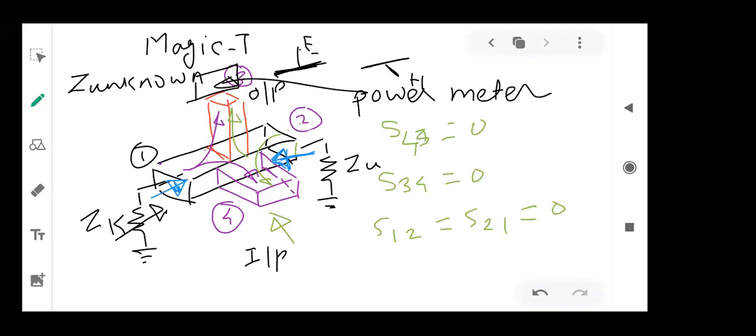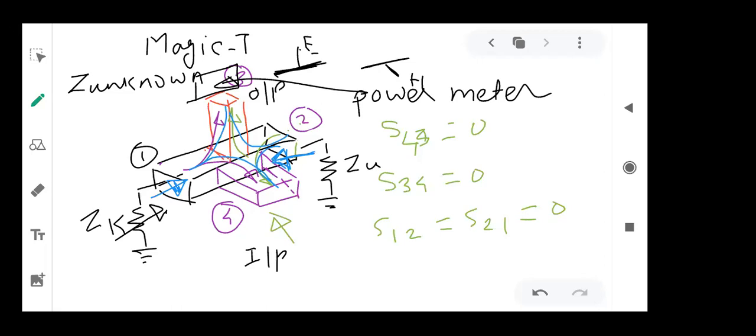Once again, port number 1 for the reflected signal will behave like an input port. So that signal will get divided equally between port number 3 and port number 4. Similarly, from this side, port number 3 and port number 4. So you can see that now the signal from port number 1 and the signal from port number 2 are both heading towards port number 3 and 4. Port number 4 is acting as an input port, so forget about that.